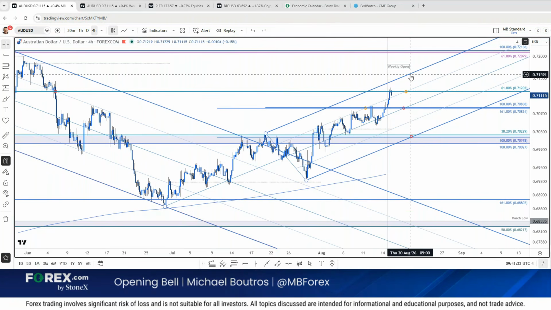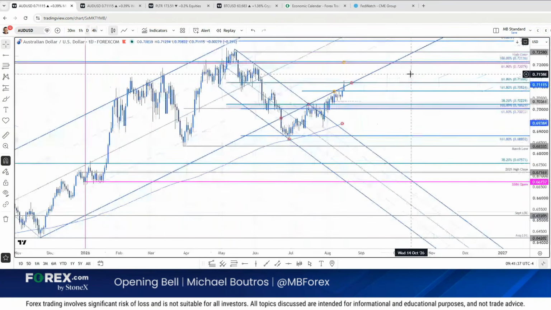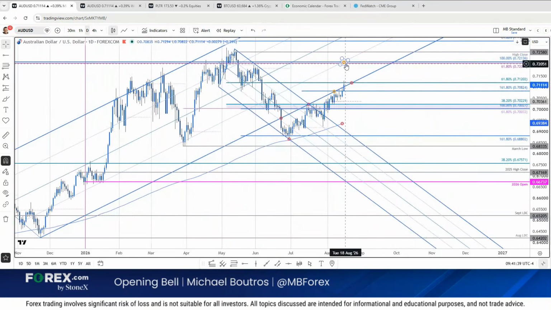You're looking for that slope. Right now, you're looking at like 71.60s, but the next major lateral level is 72, right up here. So yet another dollar cross early in the week, right into resistance, euro into resistance, DXY into support. Keep an eye on this.